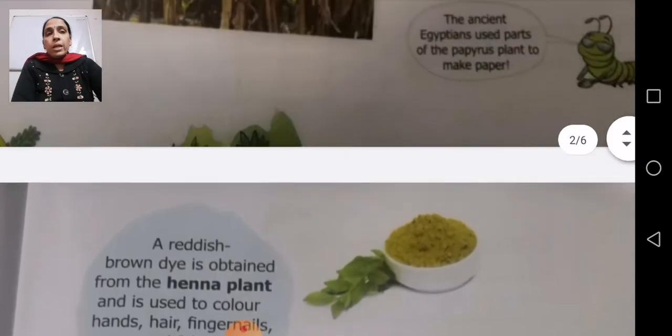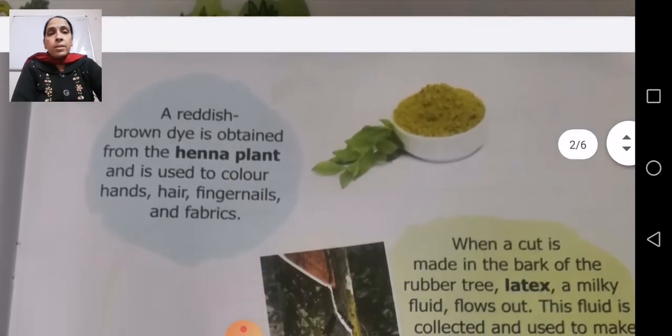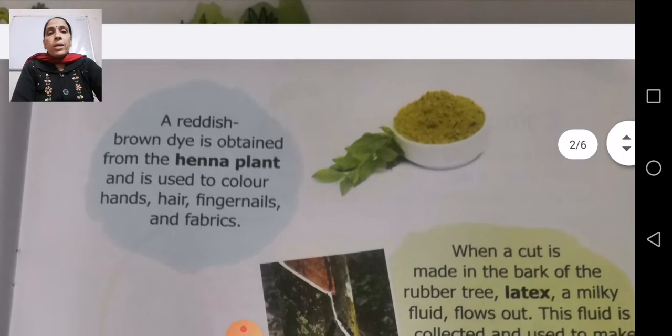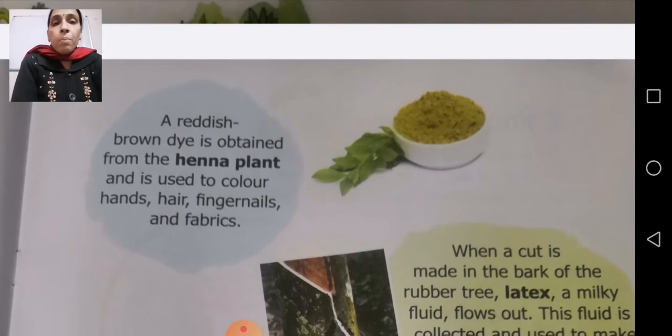So we'll come to the next plant, that is henna plant. Now a reddish brown dye is obtained from the henna plant.